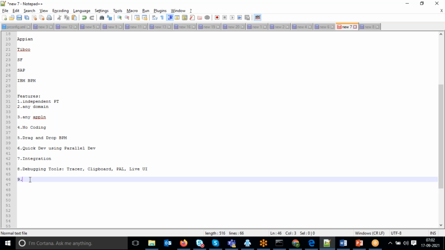Then after that, application execution performance. Based on the construction quality, the performance will be good. Otherwise, if the construction was not good, definitely the performance also won't be good.